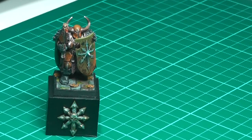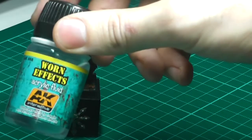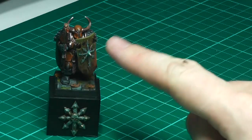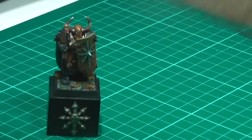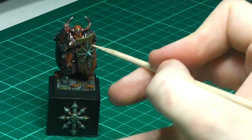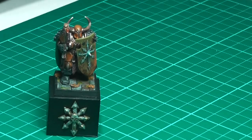So airbrush on the rust, then once it's dried, you airbrush on these worn effects, let it dry, then airbrush over the top with the colour that you want to show through. I can't remember what colour this is. I think it's Strachan green, and a few highlights of lighter green. And then once it's all dry, you just wet a tool. I'll show you the tool I use, just any generic tool really. This is a barbecue skewer, and then just pick away at the various bits you want to show through, and it makes quite a nice